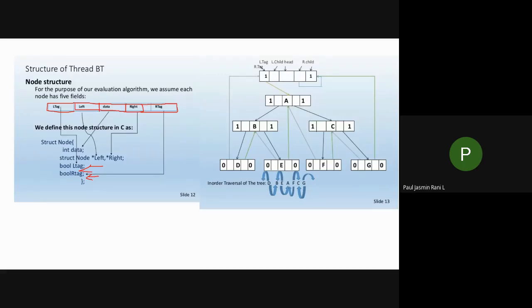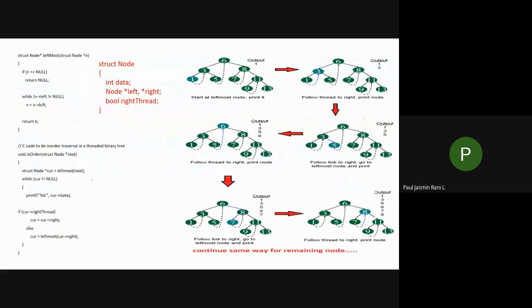Let's see the next one. This is the implementation part of your threaded binary tree. I am going to explain how you can perform a traversal in your threaded binary tree. Till now we saw only the construction of your threaded binary tree. After construction, you stored your elements in the threaded binary tree data structure. If I want to see whether the elements are present, then we call it a traversal. Let us see how we can perform a traversal.